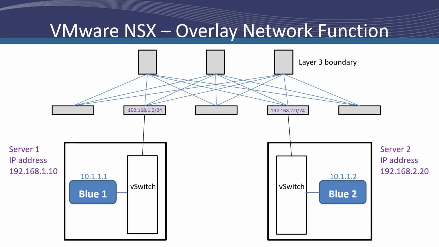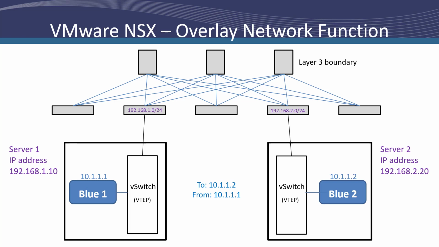Within the hypervisor, there is a distributed virtual switch, or vSwitch, and we've talked about these prior. On the vSwitch, there is something called a virtual tunnel endpoint, or VTEP. Now, the VTEP's purpose is to maintain tables that map virtual machine addresses to the addresses of the physical server on which they reside. In doing so, they become the key to VXLAN encapsulation and being able to get the traffic across the network. In this network, when the Blue 1 VM wants to talk to the Blue 2 VM,